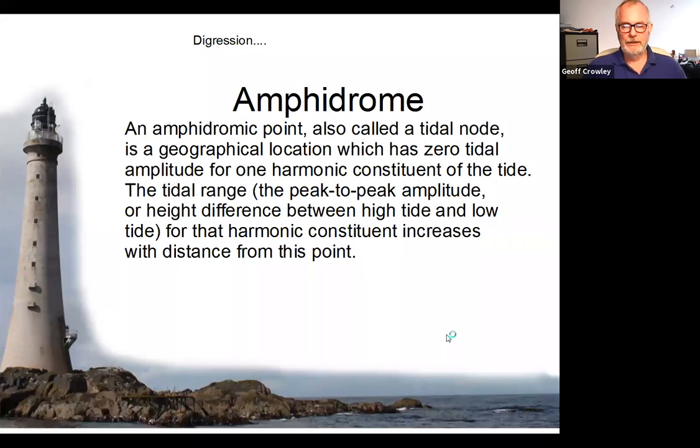Here's a slight digression to talk about amphidromes. An amphidromic point, sometimes called a tidal node, is a geographic location, a place on the chart, which has 0 tidal amplitude for one harmonic constituent of the tide. What that means is that the tide doesn't go up and down at all as the tide changes. The tidal range, the peak to peak amplitude, in other words, the difference between high tide and low tide, gets